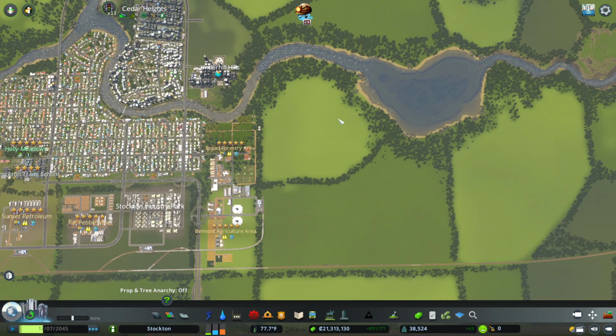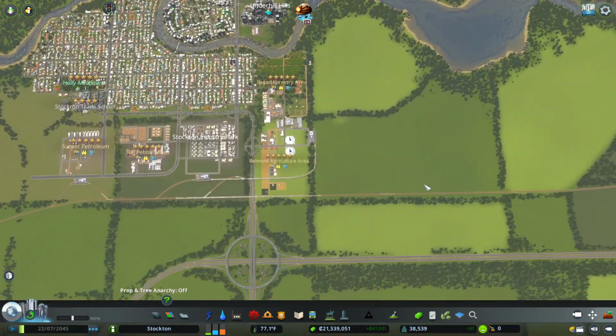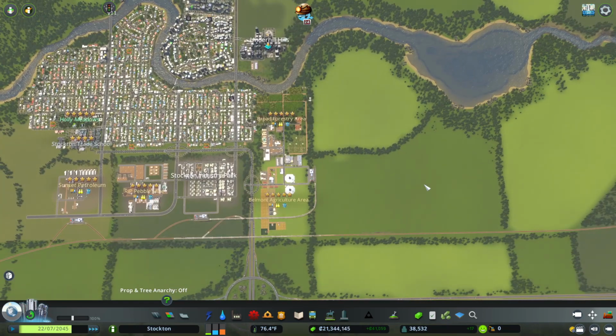Today we're back here in Stockton, and the day has come for us to finally build an airport. So we're going to build ourselves a custom airport from the airport DLC. The first thing we need to do is decide where we want it, and I've kind of looked around, and I think that...